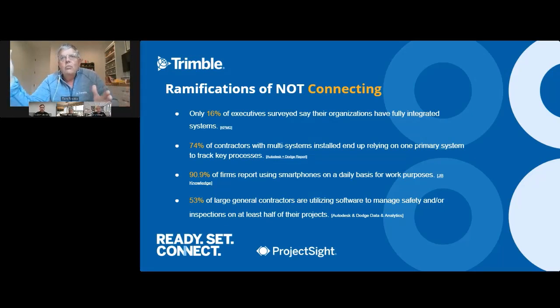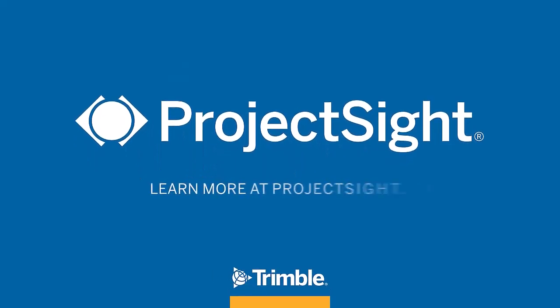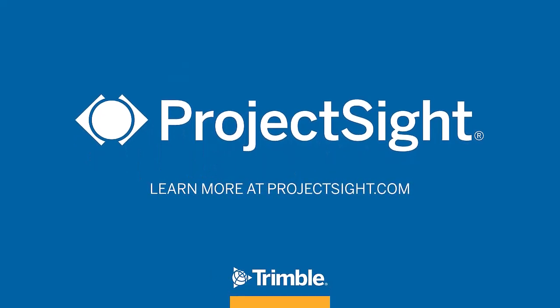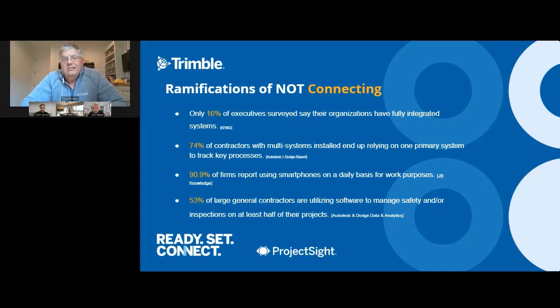When you've got so much at stake, your profit margin, or a general contractor's thinner project margin than your subs have got, your customer experience, isn't it so important to have solutions that connect that it more than justifies the effort? I won't even call it expense. I'll call it effort, because connecting is way cheaper than it used to be.